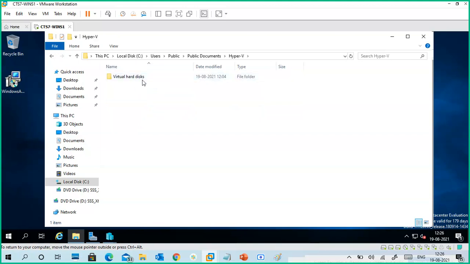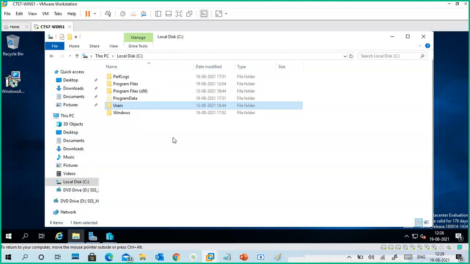So this is the default hard disk location. For example, if you are using a single machine, with no need for migrating, you can easily store it in any single location, like an E drive, which you can also create.